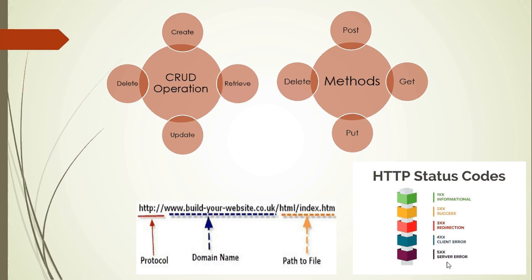Apart from that, there is something which I wanted everyone to have a basic knowledge of, which is also required while we are using JMeter. It's the knowledge of a URL. Here you can see it's divided into three different parts. The first part, HTTP or HTTPS, stands for our protocol. Next we have a domain name or a server name, here www.buildyourwebsite.co.uk, and after that we have a path, which we also call a resource. In JMeter we will be mostly using these three things in three different fields.